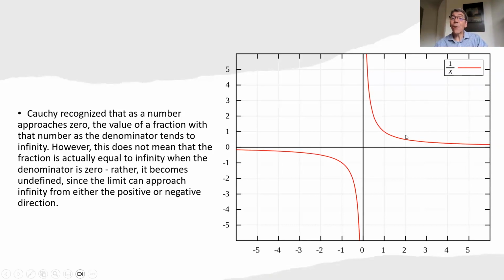Yeah, that would be 1/2. So that would be this point here. What would it be if x equals 3? If we move to this point, the solution is going to be 1/3. Can you see that as x keeps growing and growing, this fraction is going to get closer and closer to 0, but it's not ever going to reach 0? Okay?